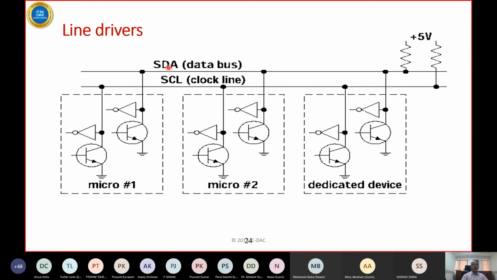What it means is that there are two lines, data and clock, and every master and every slave is connected to them. So what is the purpose of the transistor? The purpose of the transistor is to pull this line low. And what is the purpose of this buffer? The buffer is used for reading and the transistor is used for driving. The transistor, when turned on, will pull the line low, whereas this buffer will allow the current state of this line, whether high or low, to be read by the I2C controller.